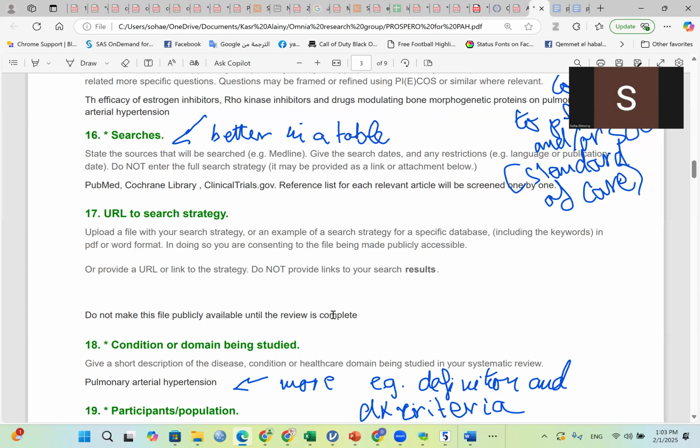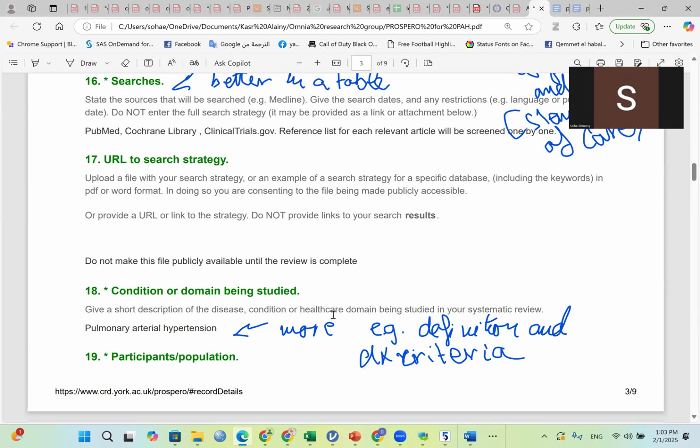No, that's not right, because if you put the URL of your actual search, it's as if you are providing your results to everyone. This shouldn't be the case. They are talking here about a URL that leads to a file, let's say a Google document or some file where you keep your search strategy. This is what they mean here.